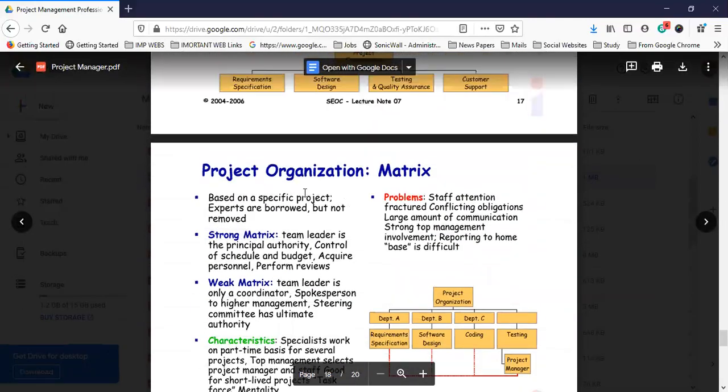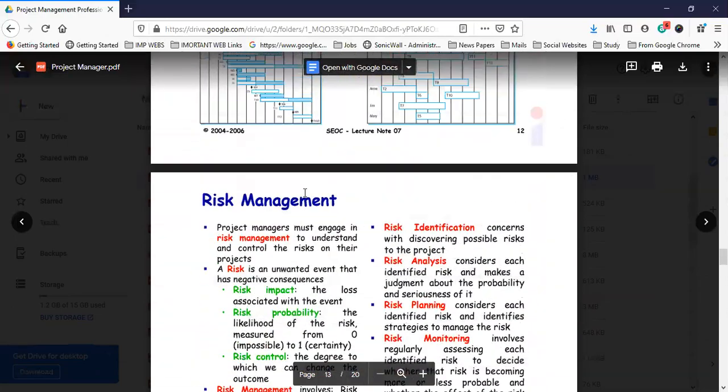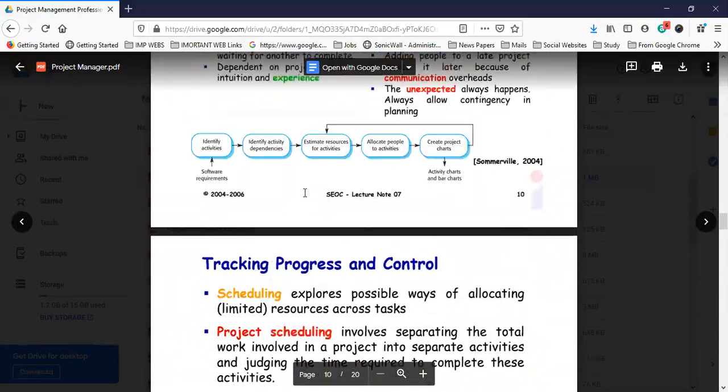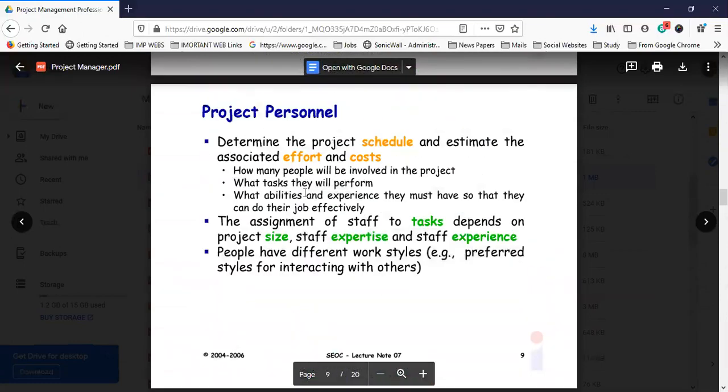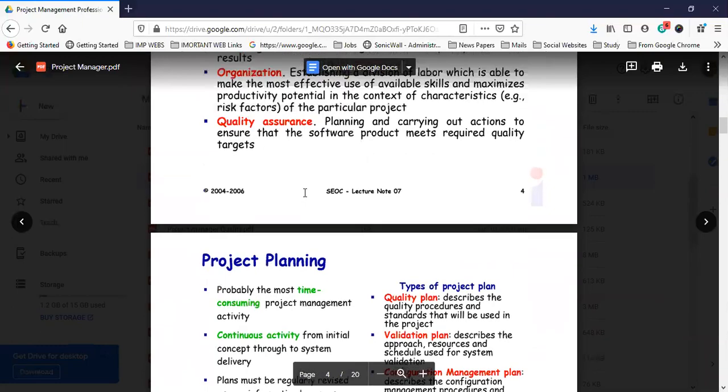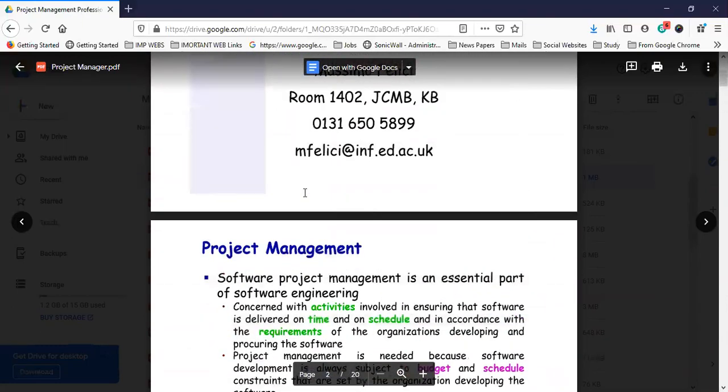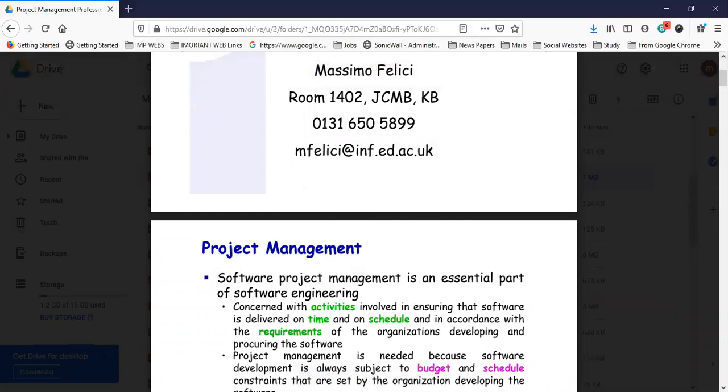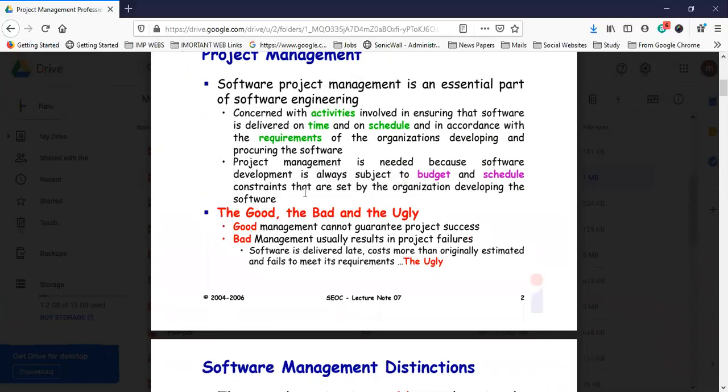So what you can do here for your homework, we can say: try to create a project, whatever you like, okay, and then go for the project management scope, whatever scope is there, okay. Then what type of planning you are going to do, okay, and then what type of risk is in the particular project, and how do you mitigate it, and what's the organization structure of your project, okay, who's going to report to whom, whether it is a matrix, or whether a functional chart is required, okay.